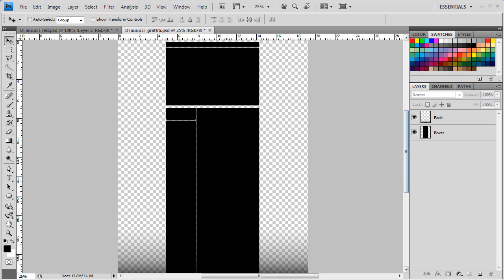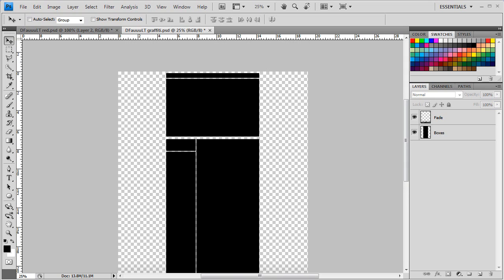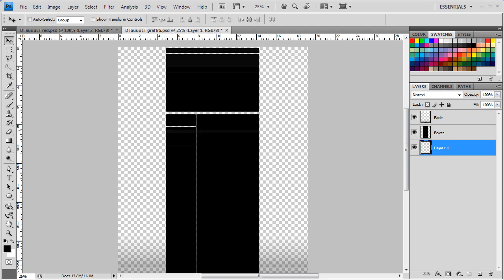So today, this tutorial is just going to be the basics of creating a basic background. So yeah, that's pretty much it. What you're going to want to do is, once you have your template pulled up,